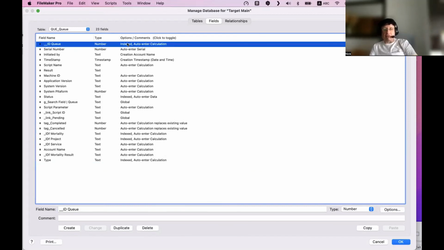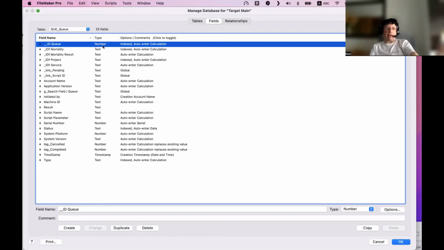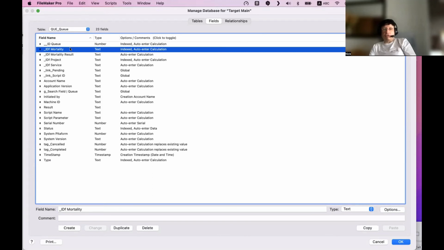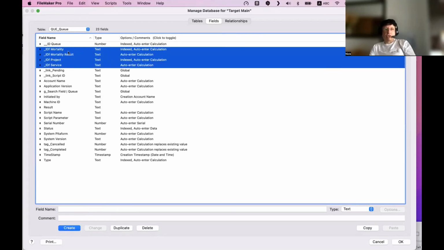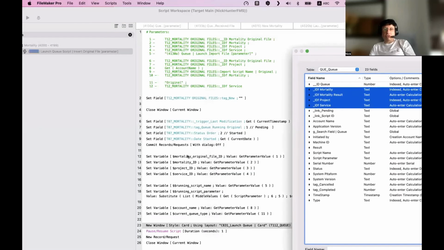So you create this table. In this table, you have an ID, because every single table I create in my life, I always have a parent key, even if I don't need it. I have the foreign key of the modality, the result, the project, the service. Remember those: modality ID, project, service, modality result.